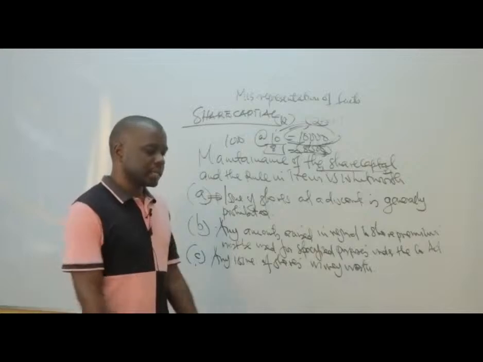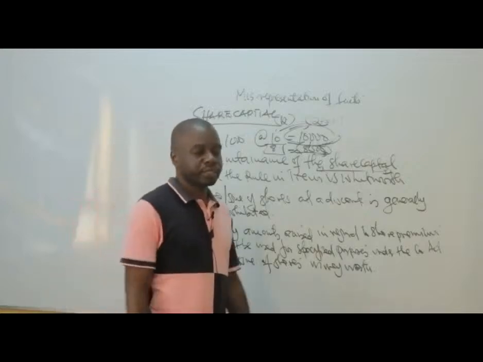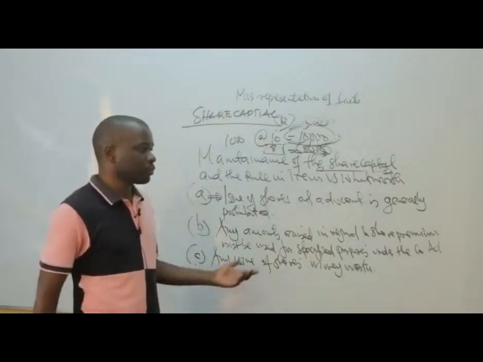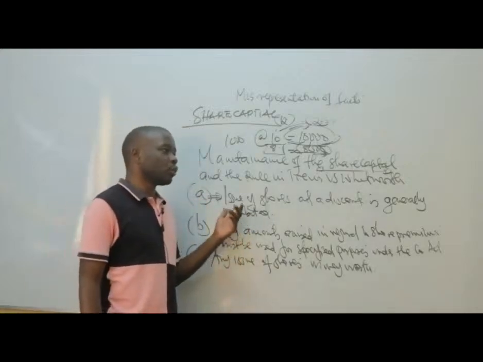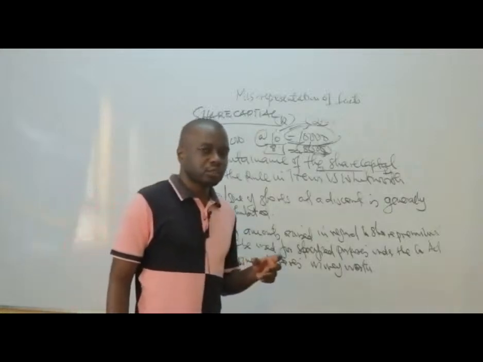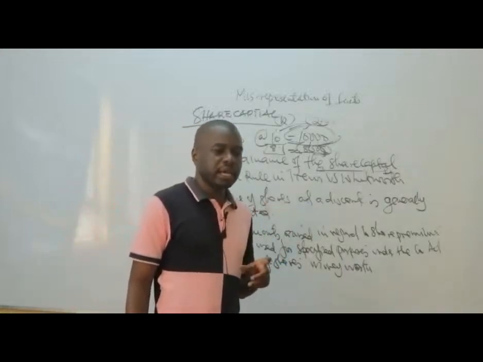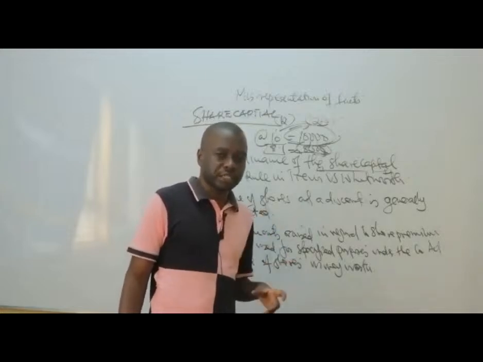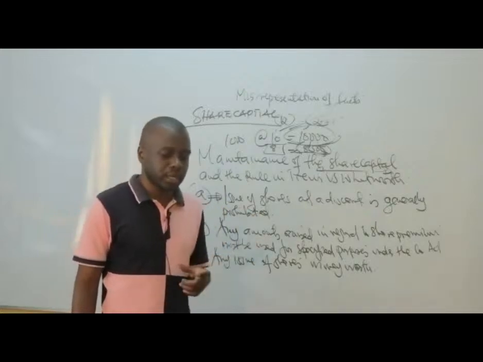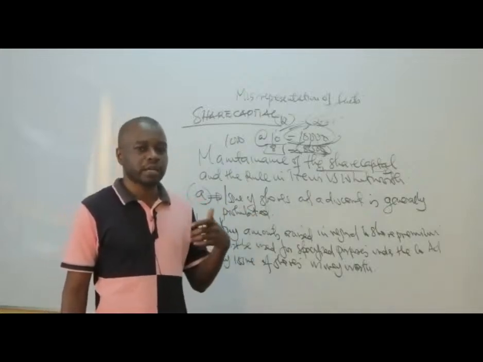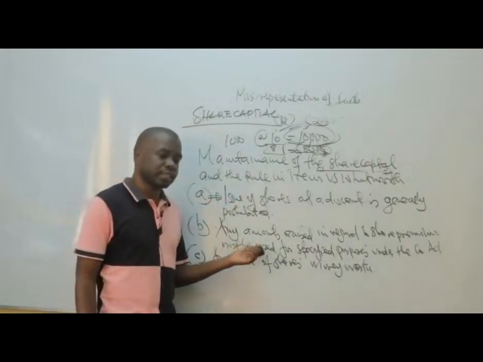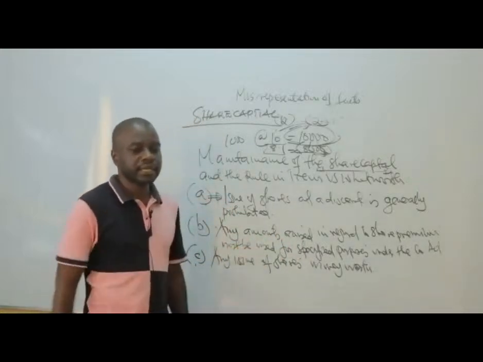So if there are any shares being given out for any other consideration which is not actually cash, because the expected consideration that the company should always be able to ensure when they give out shares is that they get cash. So if there is any other consideration they are using to give out the shares, maybe someone worked for the company, is not going to give out money, but it is a service provided for the company. Therefore, they are going to be given the shares. A clear report should actually be attached,